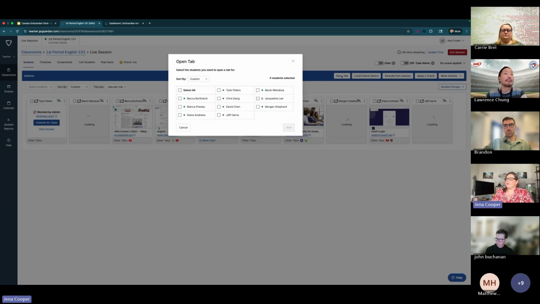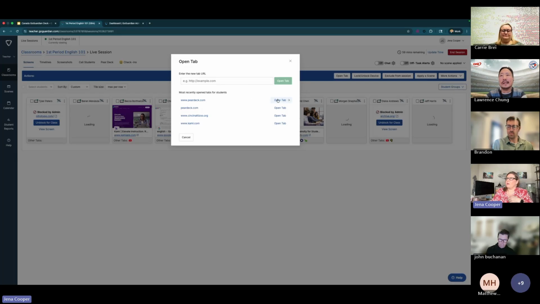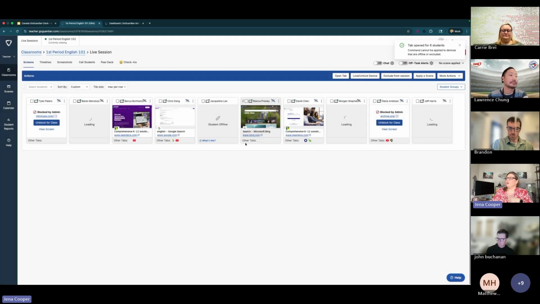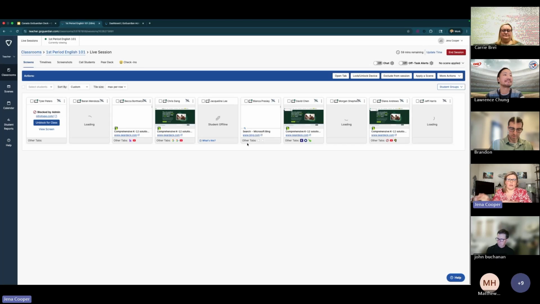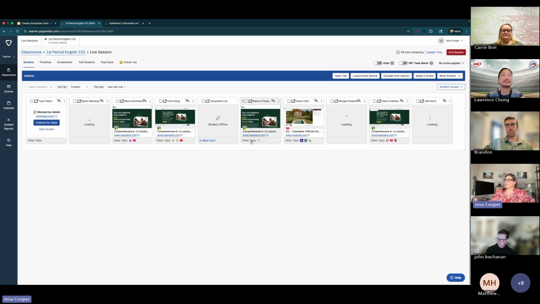This is that open tab piece as well. I like to give the example of I live in Ohio. I still can't spell the word Cincinnati correctly. So if we were going to send all of our students to cincinnatizoo.com, how long would it take all our students to get there? Probably 20 minutes of class time, right? Like to get everybody on the same page. But instead, if I've forgotten to go to a website or I need all my third graders to go to pearact.com, I can literally just click open tab and it's going to send them all to pearact.com. I've got all my students literally on the same page at the same time. And this is extremely helpful.